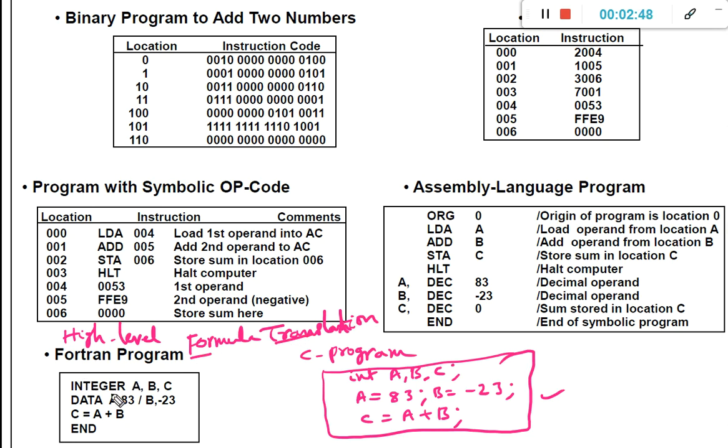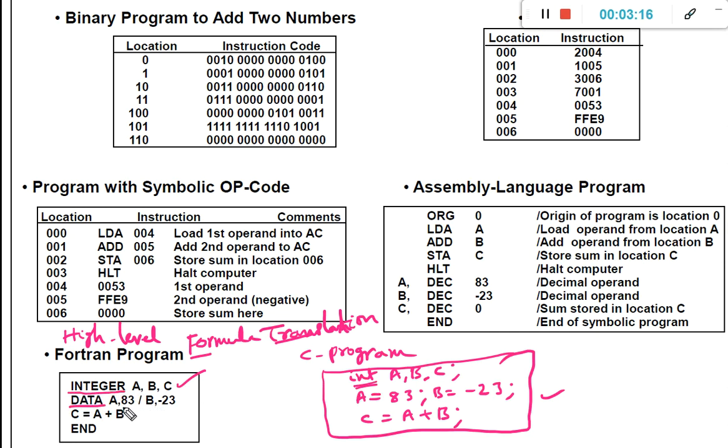In case of Fortran programming, it is also very easy to understand because it is also a high level programming language. Integer a, b, c. Here instead of using int, we have to use INTEGER in capital letters, and then we give the values to the variables using the DATA command.